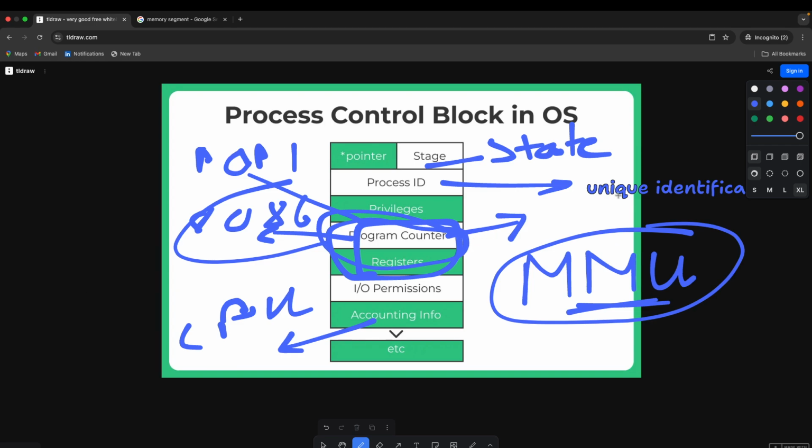Now, the alternate way to manage memory is something called paging as well. The reason the CPU cannot access secondary storage is that SSDs or HDDs are only for storage purposes.